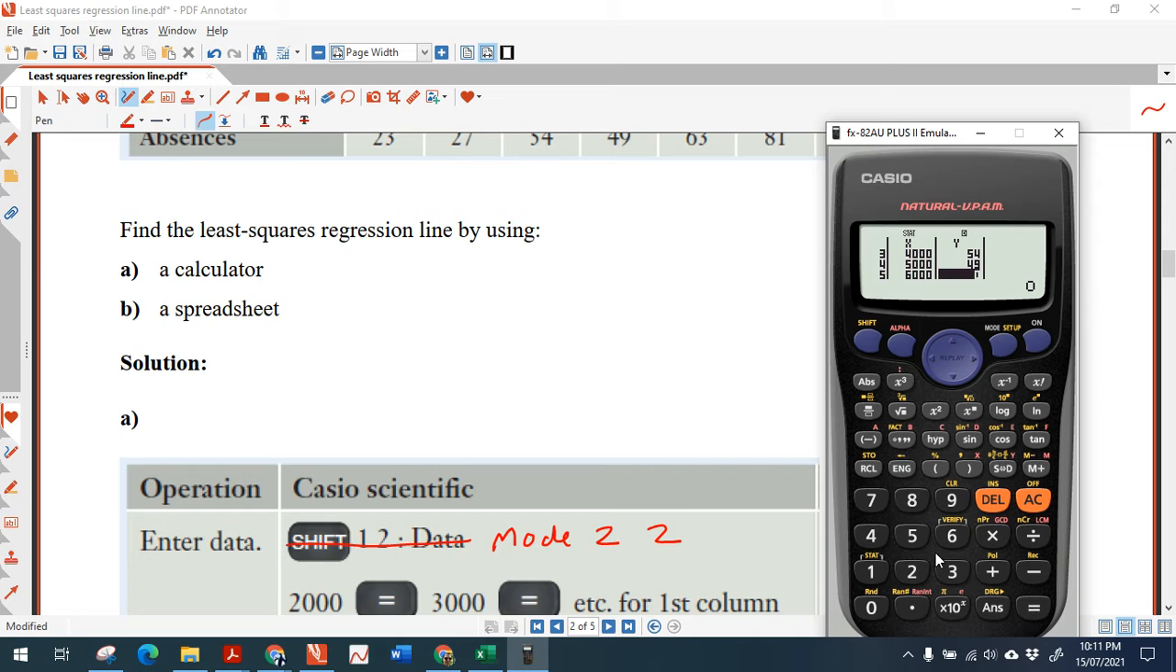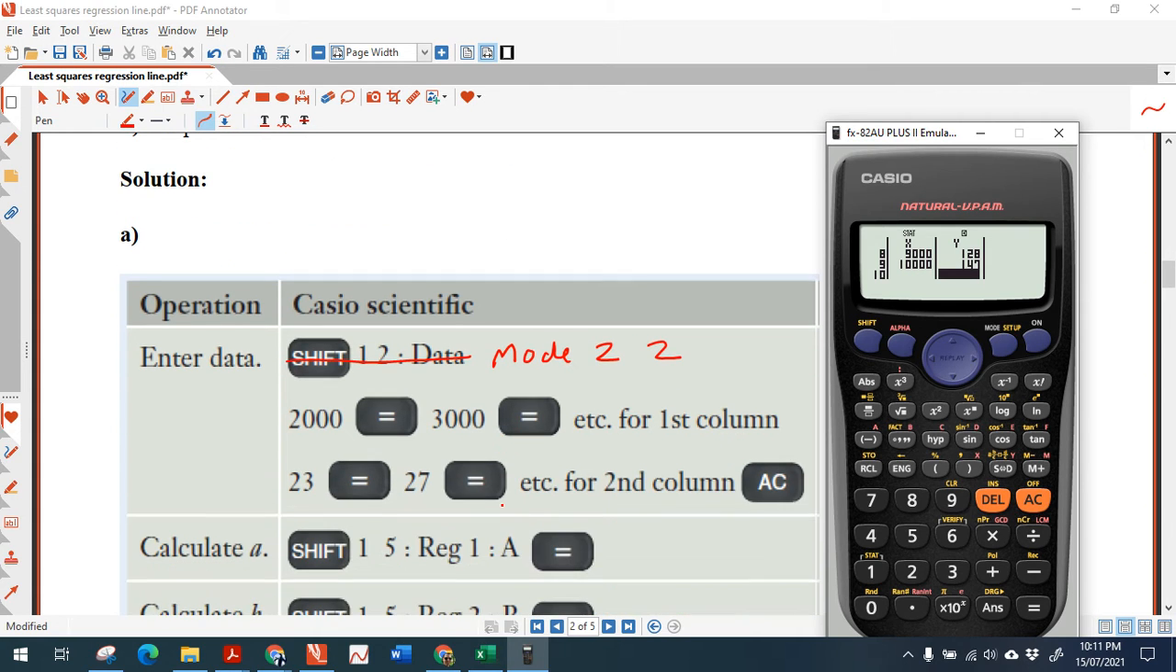Then we've got 63. Then we've got 81. Then we've got 107. And then we've got 128. And then we've got 147. Okay. All right, so put the data in, and according to our next instruction, we've got to go